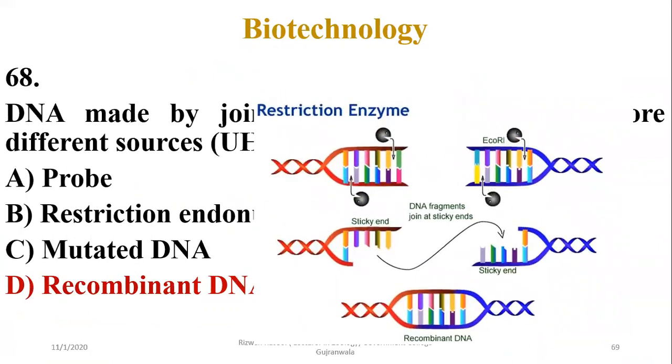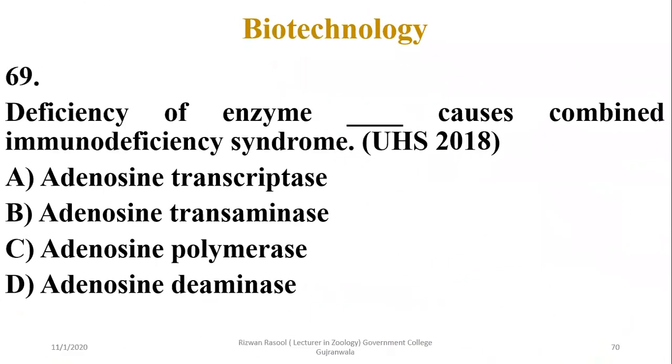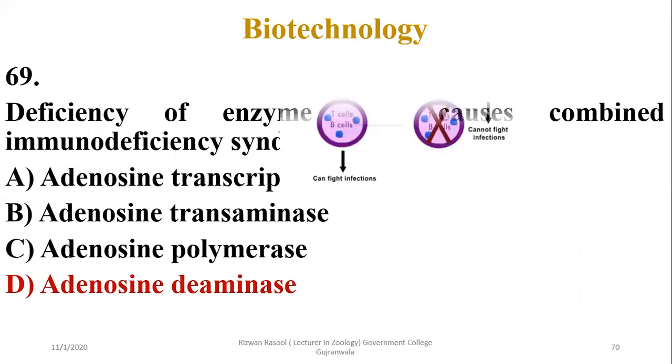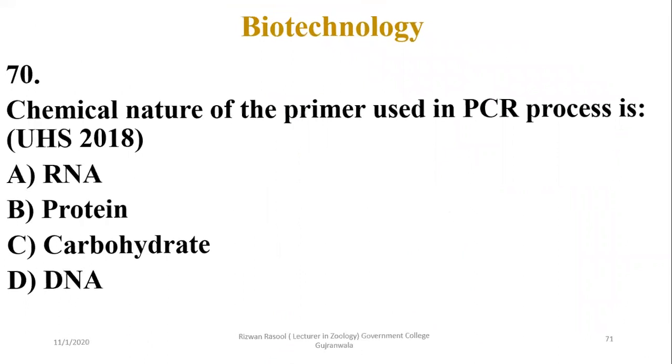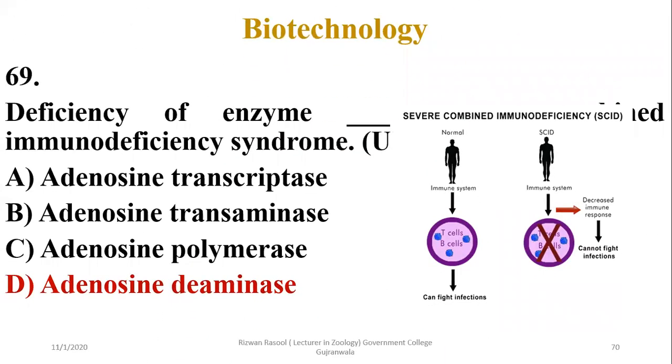Number 69, deficiency of which enzyme causes severe combined immunodeficiency syndrome? Severe combined immunodeficiency syndrome, or SCID, is caused by missing adenosine deaminase enzyme. If there is no ADA, a person having a defective gene for ADA enzyme will not develop its immune system because ADA enzyme is involved in the maturation of B and T cells. The next question from biotechnology is